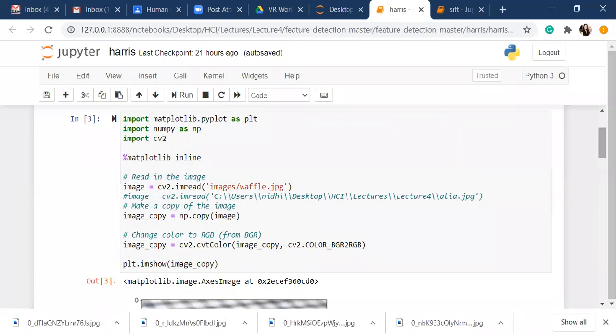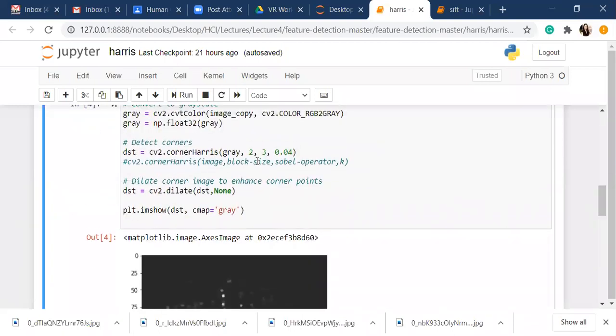Where is this? Yeah, this one. So according to the maximum value of DST,